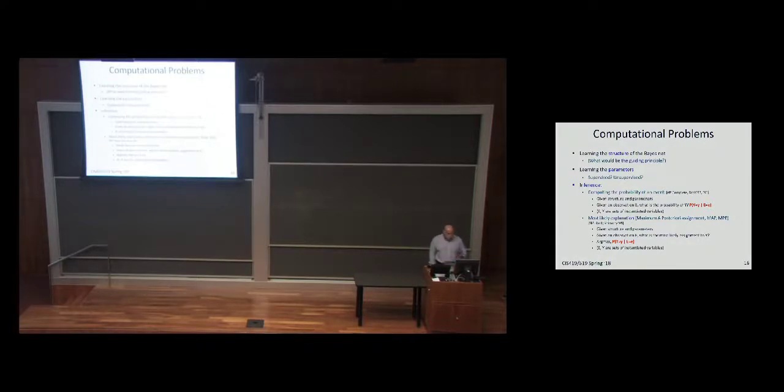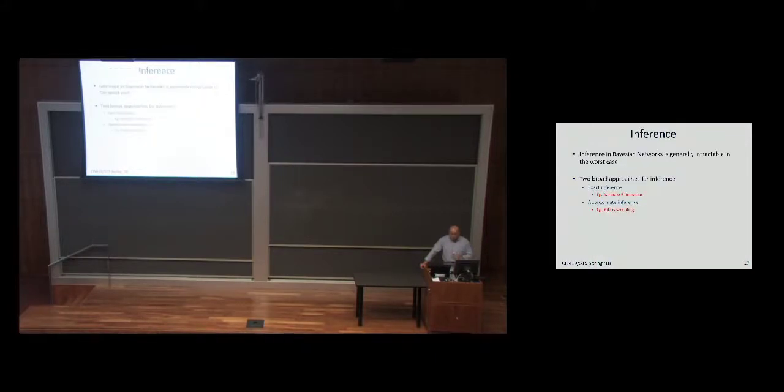These 2 inference problems have names. The name of the second one has changed with time. It used to be called MPE. I'm writing it here. For some reason that I actually don't get, this has changed to be called MAP in the more recent literature. So don't be confused if you read more classical literature on this. Anyhow, these are the problems. And both of these are hard problems computationally in the general case, and therefore we're not going to talk about them a lot. I'm going to give some hints to what the approaches are.